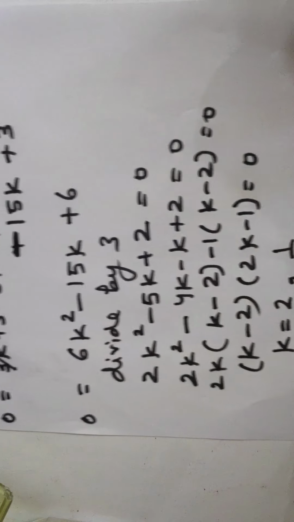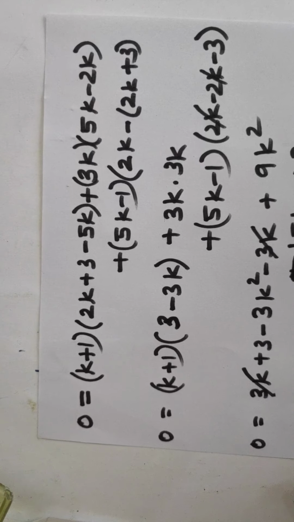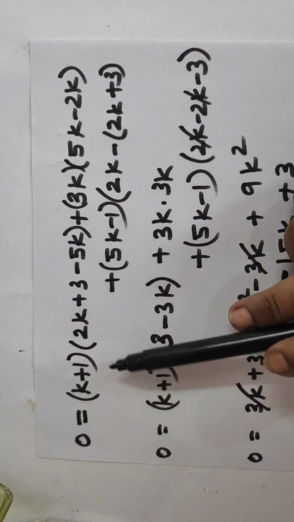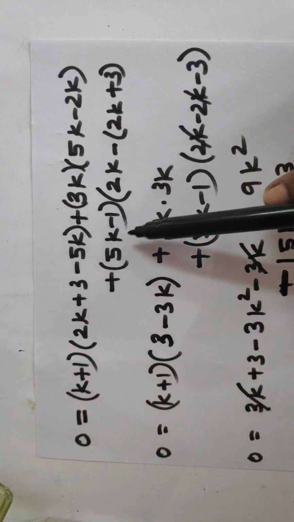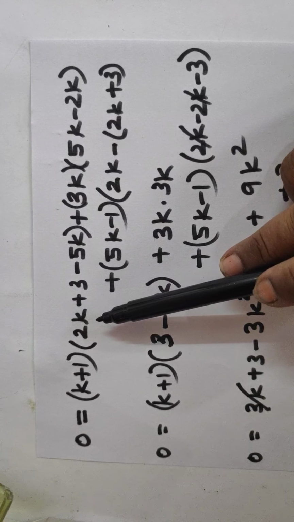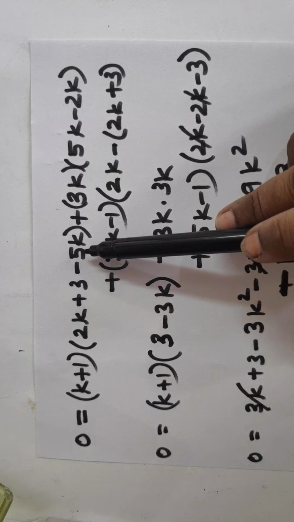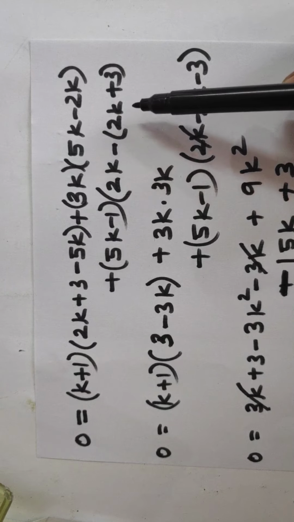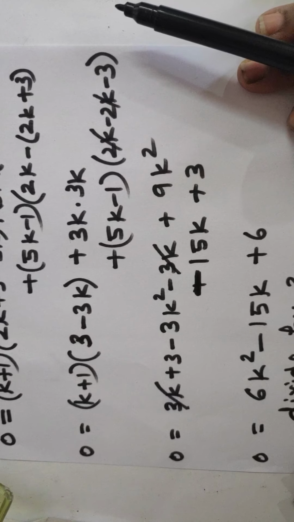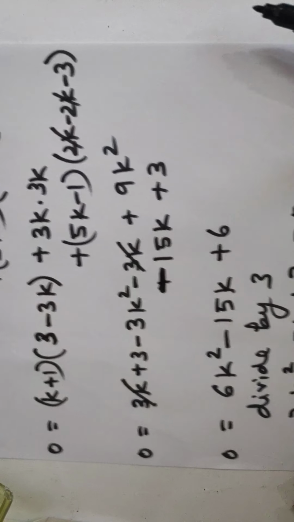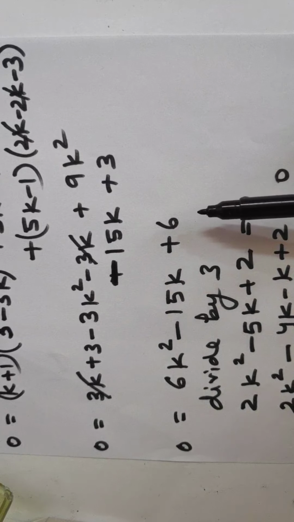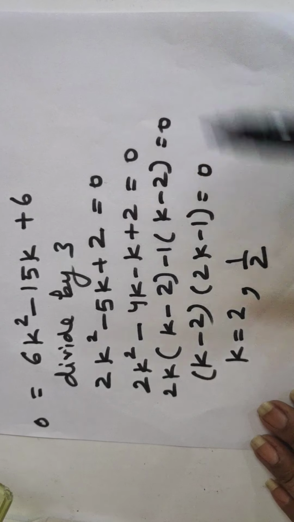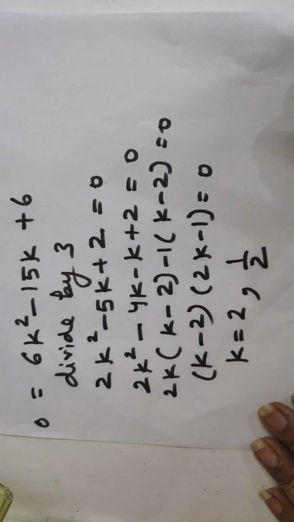Okay, I hope it is clear to you. Let me show you again. Here we have put the values according to the formula, x1, x2, x3, and here y2 minus y3, y3 minus y1, y1 minus y2. We have solved this. We need to solve the brackets only, and we have got the quadratic equation. By splitting the middle term, we have solved this. Hence we have got the two values of k.